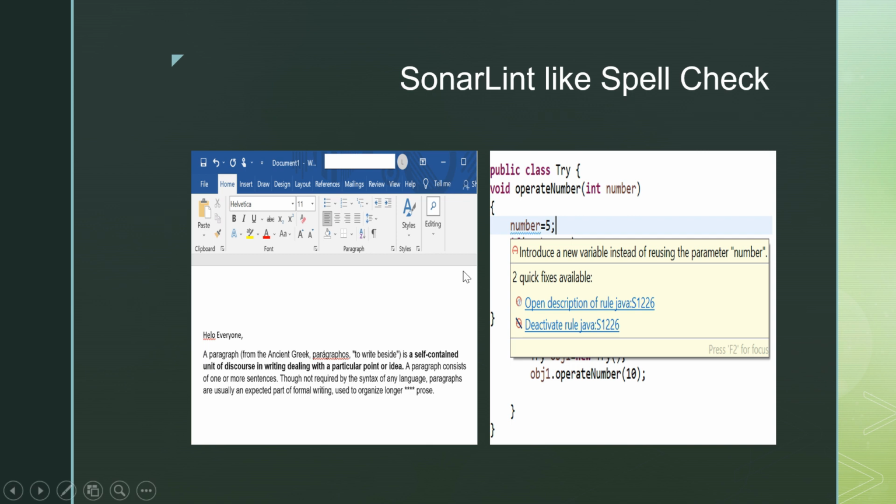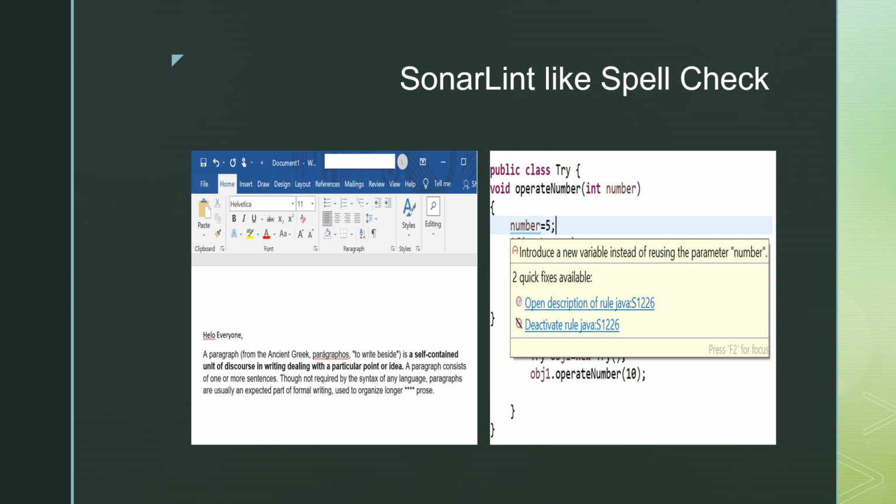In the same way, if I talk about SonarLint, for your programming code, SonarLint is going to give you a blue underline wherever you have made some logical mistake. SonarLint is not for compilation errors because for that you already have your compiler.